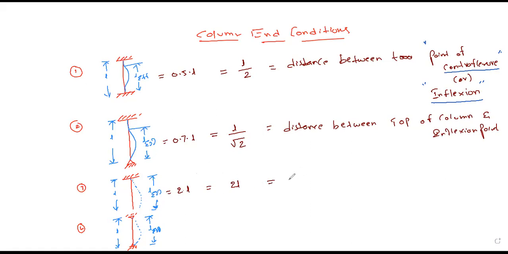So this is nothing but the free end. The curvature in the length will be very similar to the upper half of the simple column. Why? Because in all the other 3 columns, the other end is somewhere supported. This column is supported at fixed and other end. This column is supported by pinned at the other end. This column is supported by pinned at the other end. But this cantilever is very free to